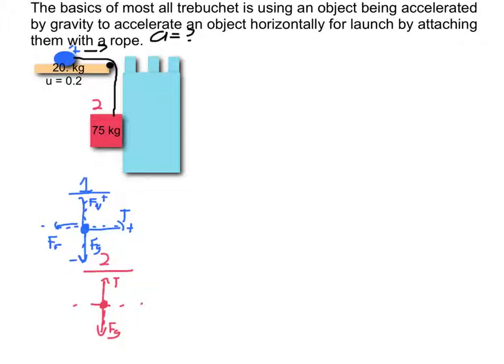Now, that right there has ramifications for object number two because you just can't pick whatever you want. Notice that if I call to the right positive for object number one, whenever number one moves to the right, object number two is going to move down. Does that make sense? So to the right positive for number one, that must mean down is positive for number two, system positive, right? Going down whenever it moves to the right, positive, so down must be positive